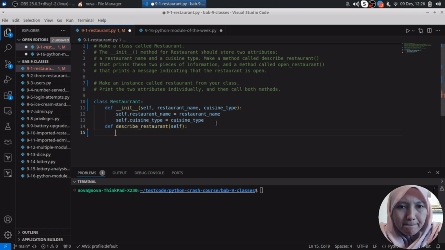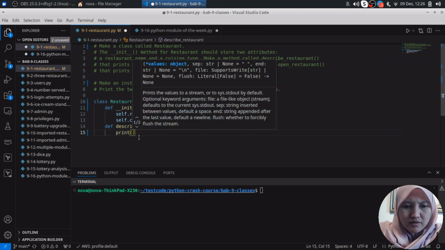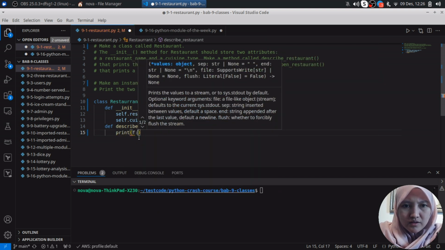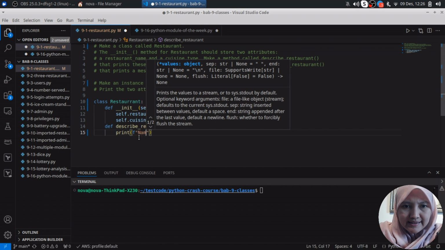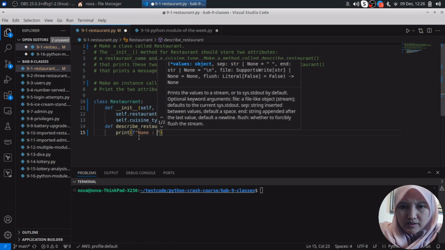And then how to describe restaurant, it is like just calling the attribute itself. So I just want to print it like this, print f, like this, name,